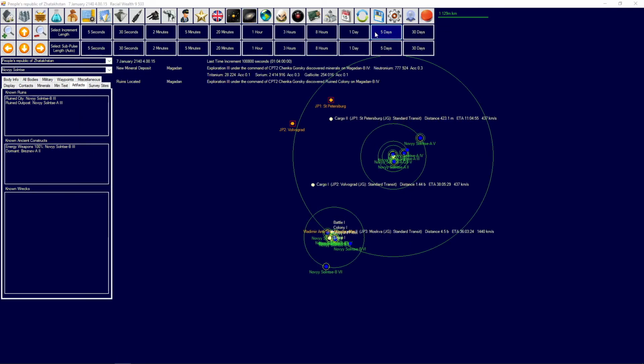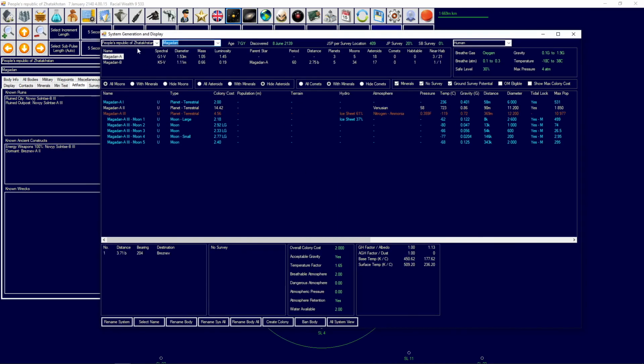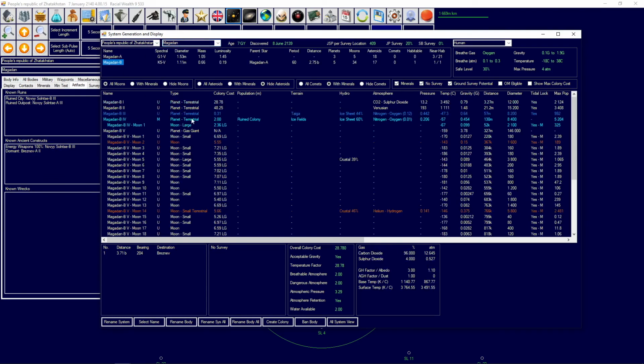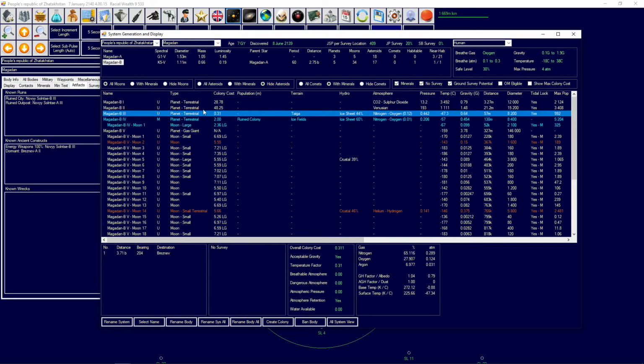Ah, new mineral deposit. Ruins located. Ooh. Okay, let's have a look at that. So on the B, it's actually one of the planets that I figure might have something. A ruined colony. So I'm guessing that's not going to be a lot of installations. But fair enough. And some neutronium and thorium, so it's not too bad, especially if we could make this into livable. I mean, we could easily get that into livable condition, assuming that there is some...